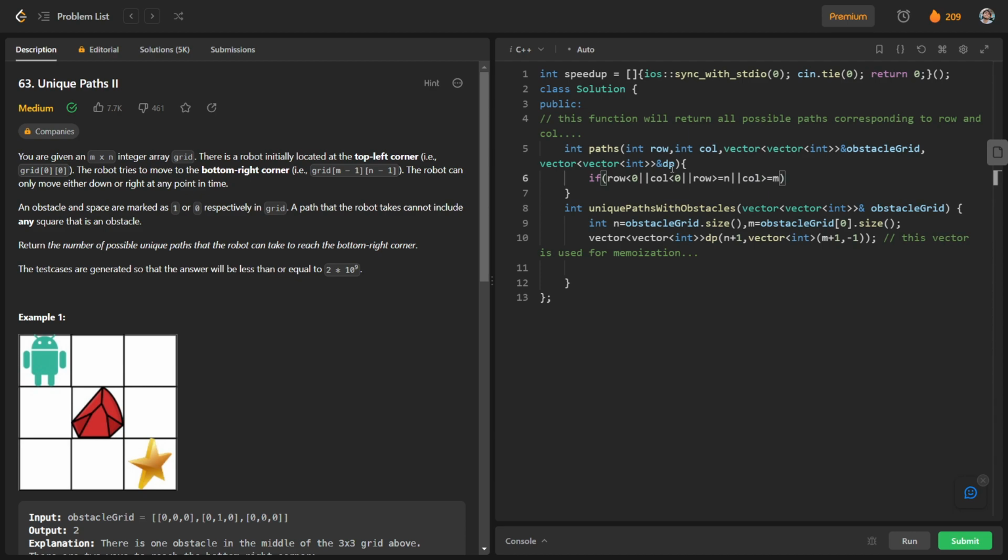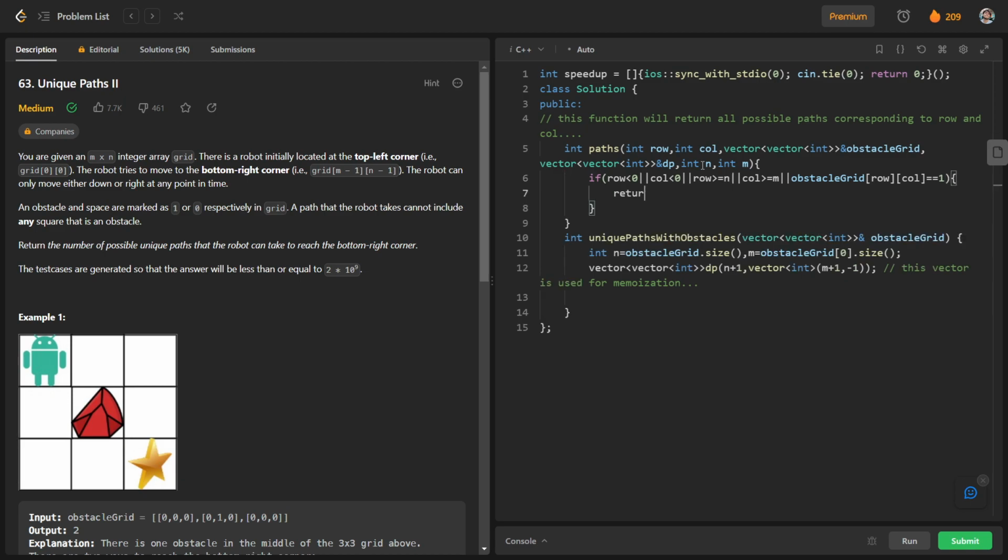So I will pass parameters int n and m here; these are the number of rows and columns. And also if the obstacle grid of row and column is equal to 1, we will just return 0. So if any of these cases happens, we will just return 0.